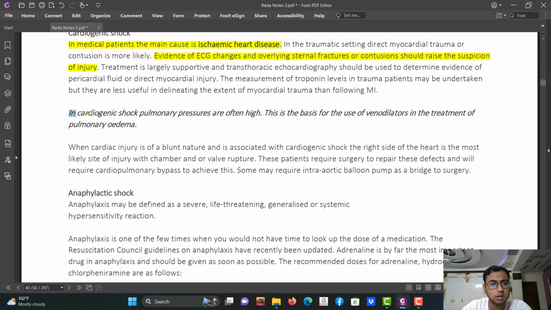In cardiogenic shock, the pulmonary pressure is high, which is the basis for using vasodilators to treat pulmonary edema. That is verapamil or diltiazem, which cause vasodilation of the pulmonary vessels, because these are calcium channel blockers. Measurement of troponin levels in a trauma patient may be undertaken but is less useful for delineating the extent of myocardial trauma following